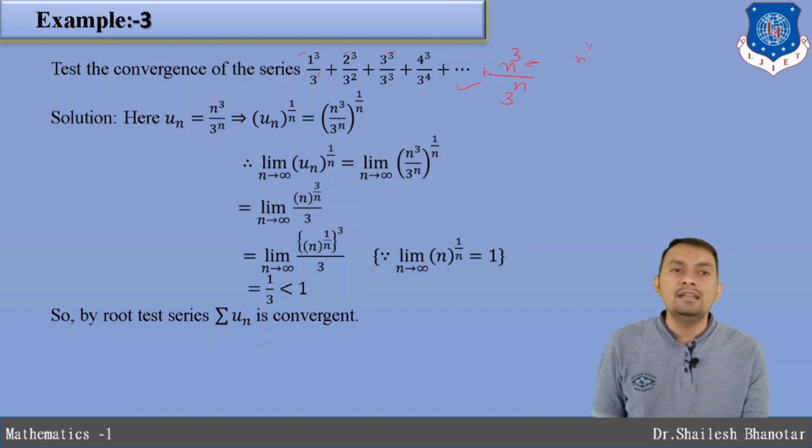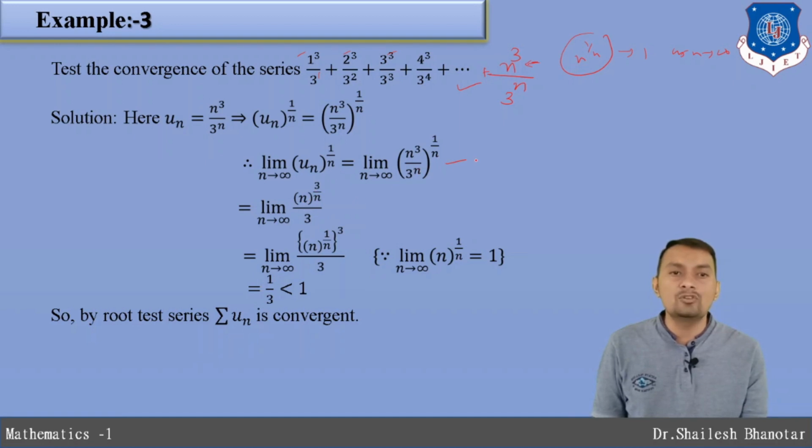Whenever it is required, n raised to 1 by n, and when we assume that n tends to infinity, it is going to be 1. Therefore, just apply the root test. So u_n raised to 1 by n, what I'm going to write is (n cubed divided by 3 raised to n) raised to the power 1 by n. When we apply the limit concept, limit n tends to infinity, after that you can write n raised to 3 by n divided by